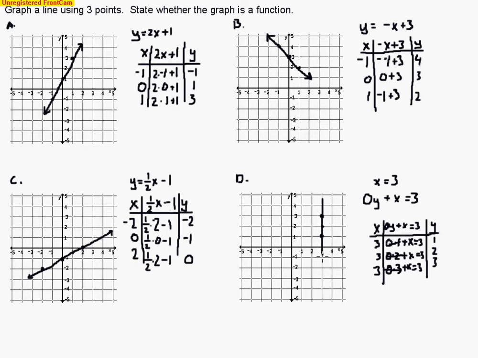So there it is. Those are the 4 different types of problems, but they also asked us whether they're functions or not. If we look at them, the only one that's not a function is this one. The only type of line that's not a function is a vertical line. Every other line passes the vertical line test. No matter what, we could draw any type of vertical line through any of these lines, and they would pass. So the only line that's not a function